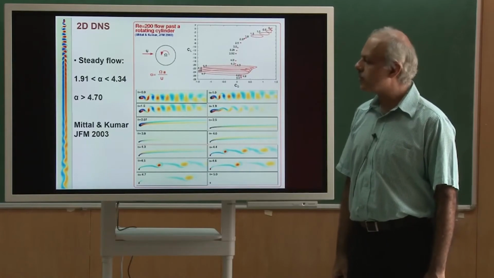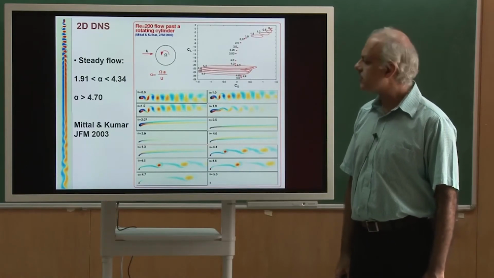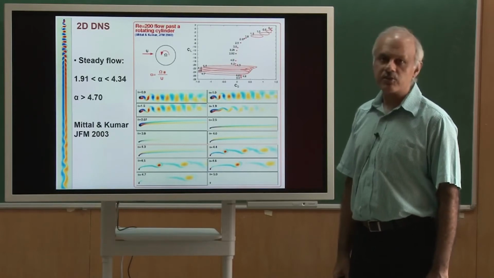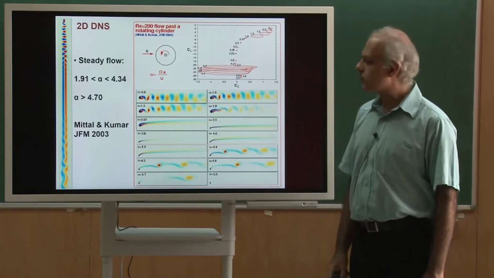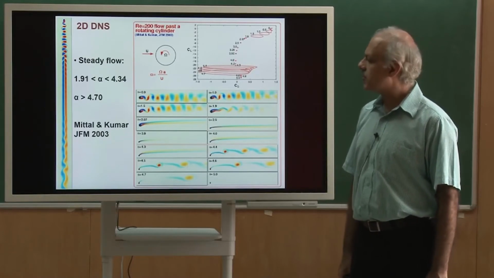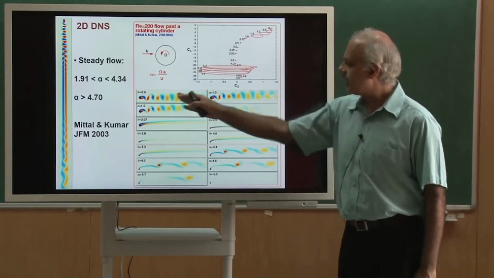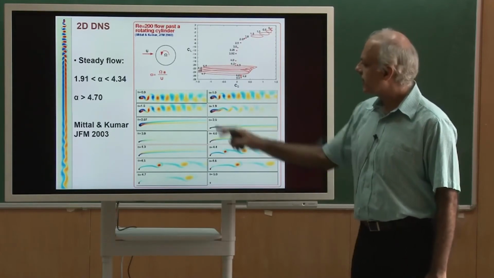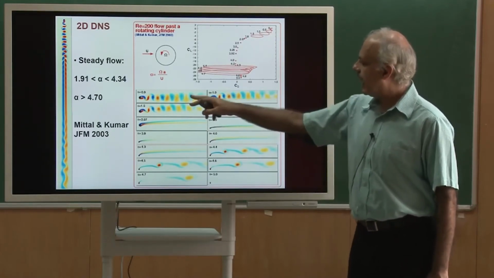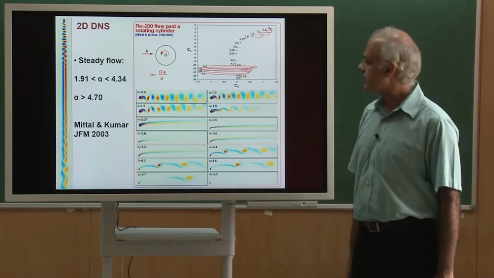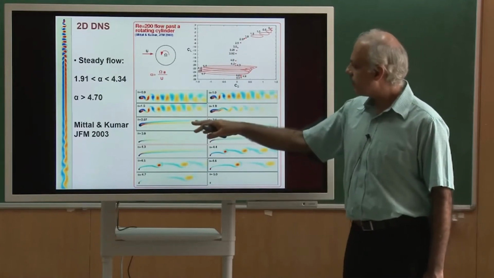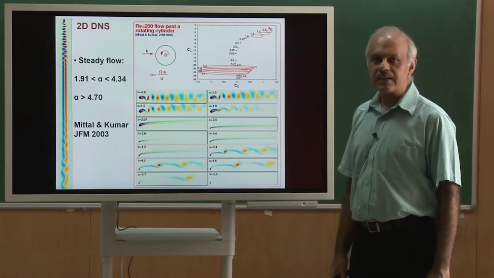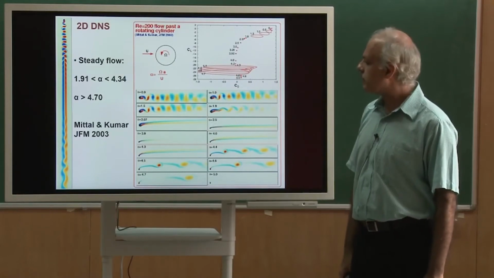Towards the end of the blackboard work, I brought your attention to the fact that for the potential flow, the vorticity is 0 everywhere. Not so for the viscous flow. Vorticity is generated on the surface of the cylinder because of the boundary layer, and then it is shed, so you get the Kármán vortex street. As you increase alpha, actually the vortex shedding becomes weaker, and the wake starts tilting upwards, till at about alpha equal to 2, you get a steady flow. So, the vortex shedding completely ceases.